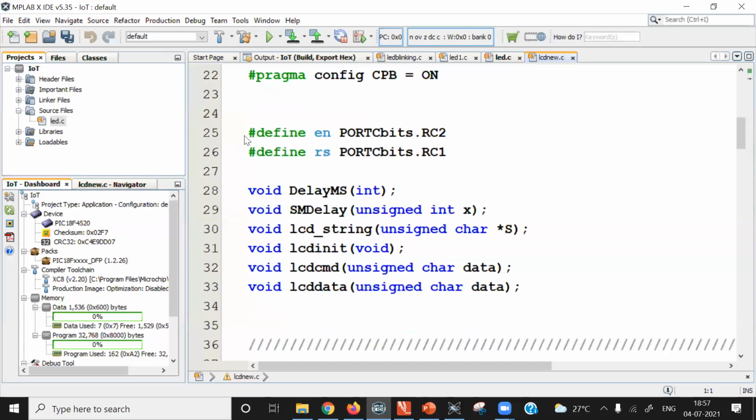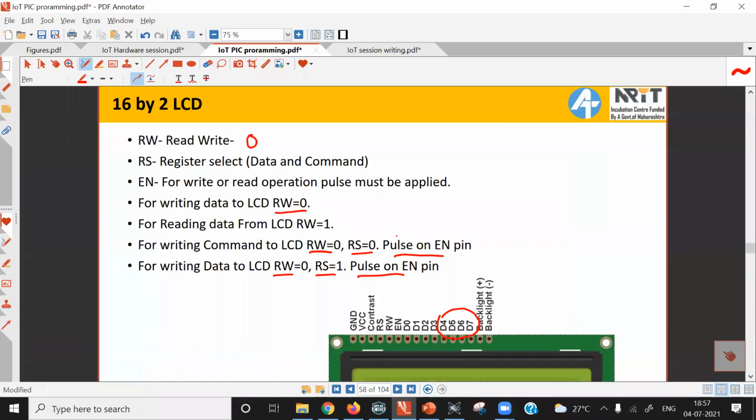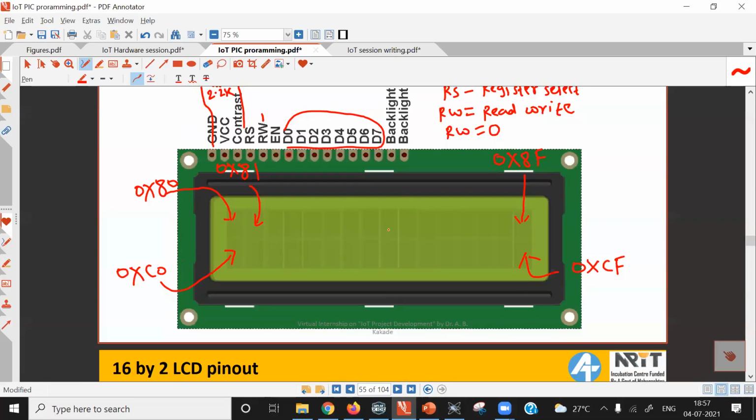Now what I have done here is use the #define directive, and with the help of this directive, I have given a name to the RC2 port pin. This RC2 port pin is connected to the enable pin of the LCD display. Just now I explained, on the LCD display there is an enable pin.